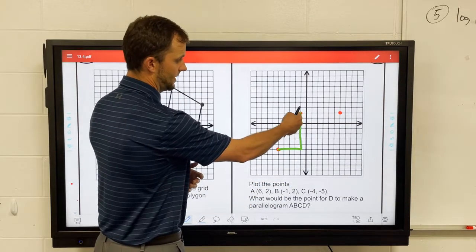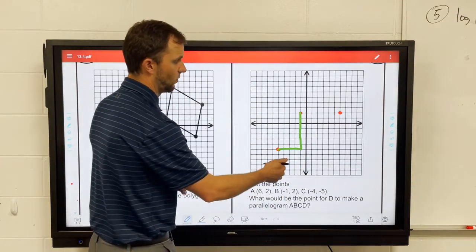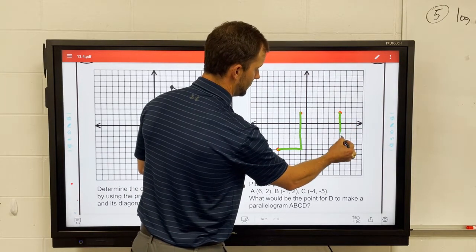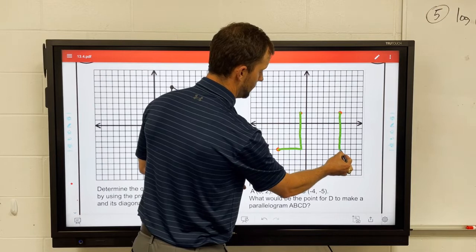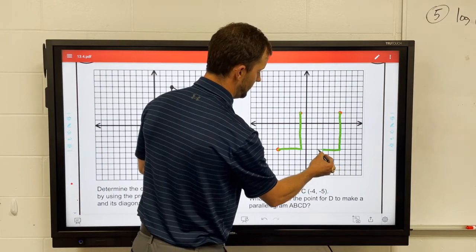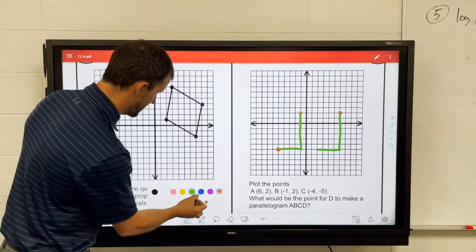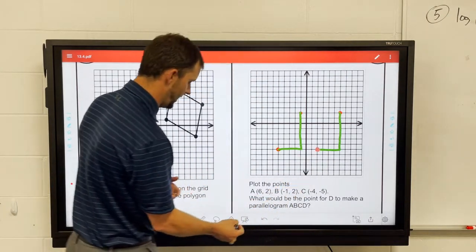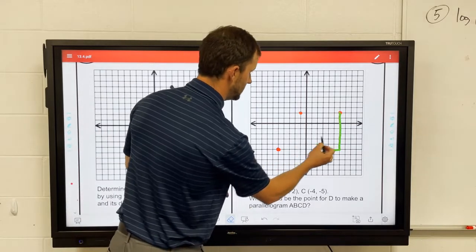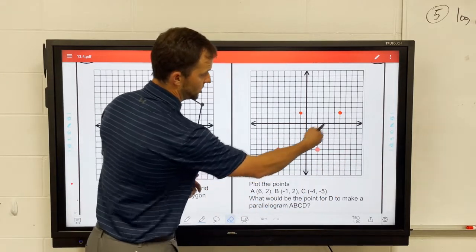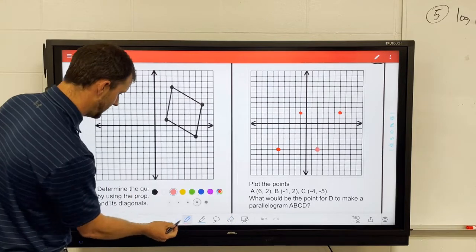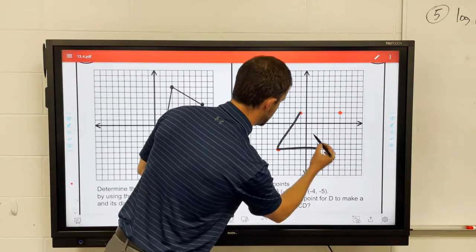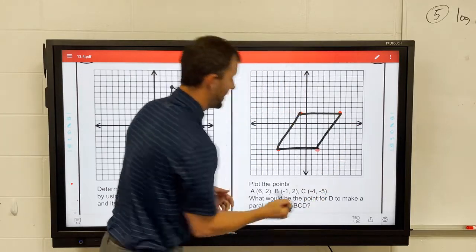So I'm going up 7, so that would be down 7 and left 4. From this point, I'm going to go down 7. 1, 2, 3, 4, 5, 6, 7, and over 4. 1, 2, 3, 4. So ladies and gentlemen, it looks like my point would fall right here, and that would end up making it a parallelogram, indeed. Because now those would share the slopes. If I actually drew my line here, let's go ahead and draw it. If I drew my lines here and made it as best I could, I know that I did the